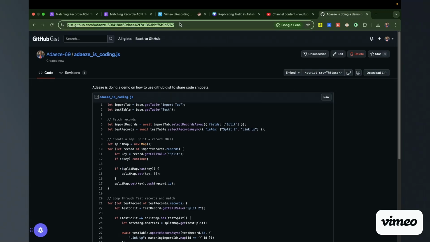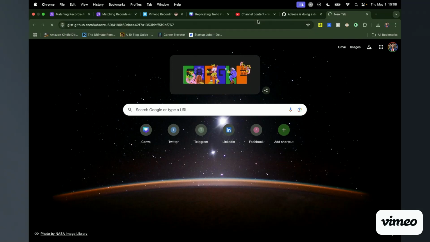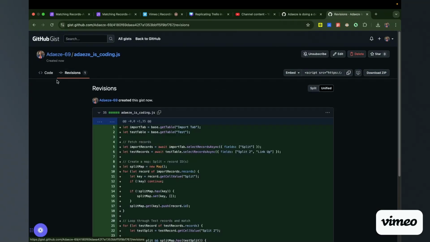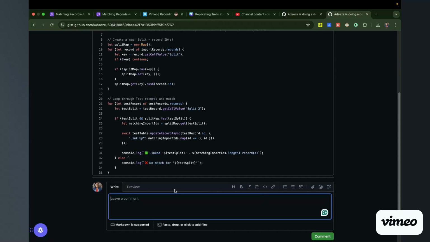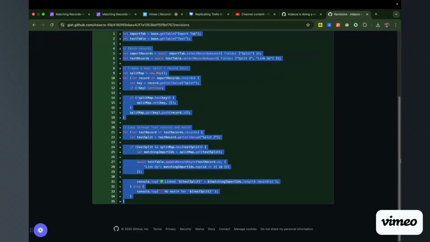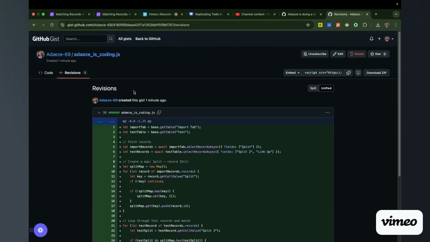So I'm going to copy this link and put it on another browser so that you see that it comes up the same way. So this is how it looks. And if it's public, I think it gives room for collaboration. Somebody can drop a comment to say something about the code. Probably the code is faulty, it's not well, and it needs to be worked on. Yeah, I think people can collaborate